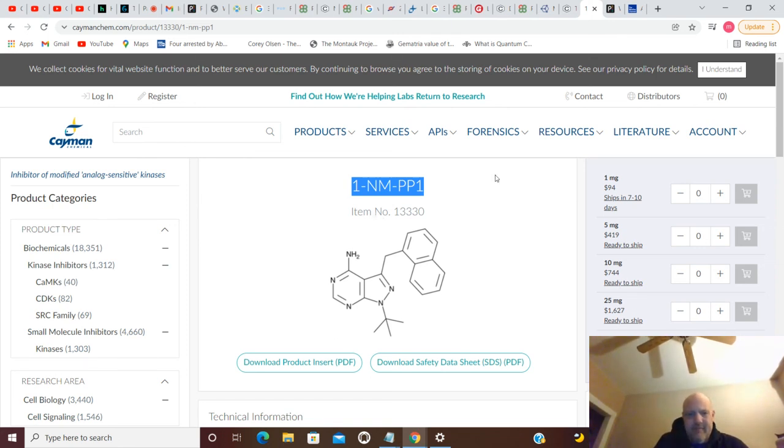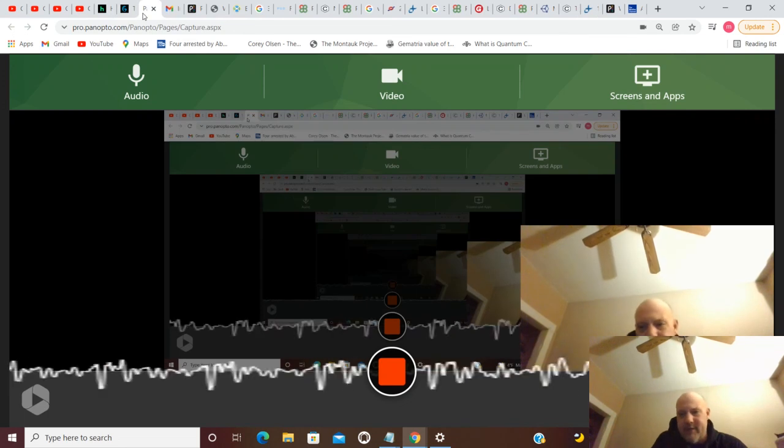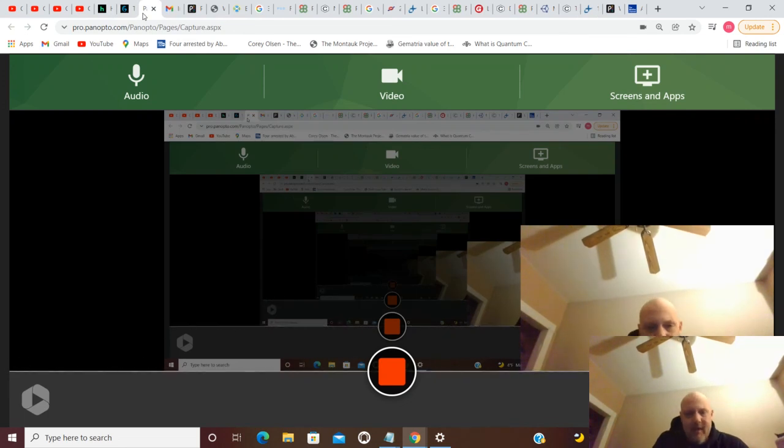And you got biochemicals over here, kinase inhibitors, all this type of stuff. But 1NM PP1. And that gets you through going forwards and backwards in chemicals.